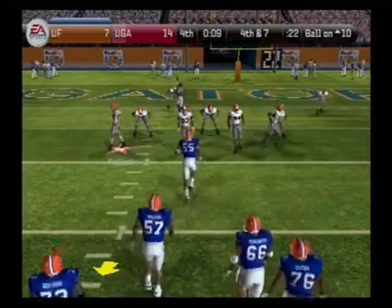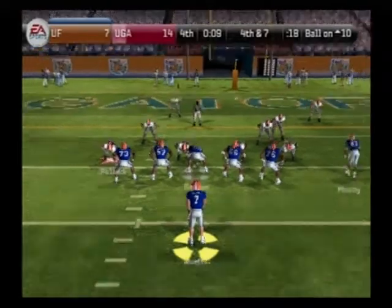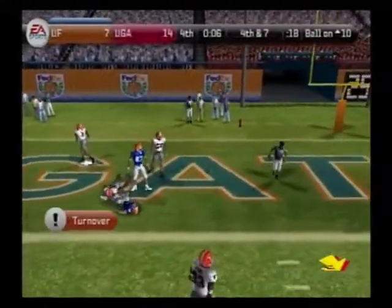So it's 4th down, and the offense is still on the field. Florida comes out in the shotgun, somehow gets the ball away, and they're going to have